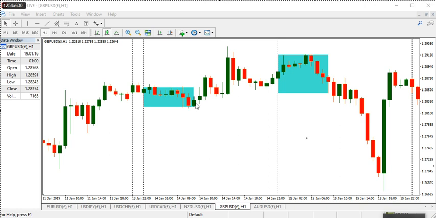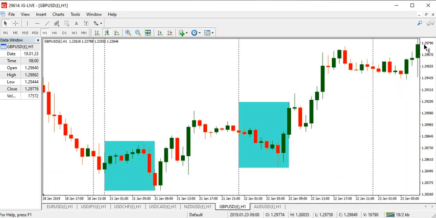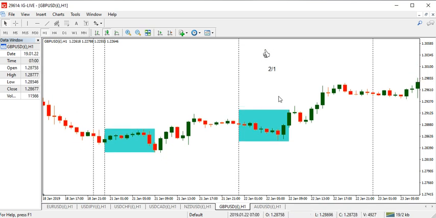because we had our box and then price went upwards. Then entered this box. If it then continued on out upwards, and we got a candle close in that direction above that box, that would be a qualifying trade. But we found that price went upwards and then reversed back downwards, so that doesn't qualify as a trade. Now over here, this does in fact qualify as a trade, and was a 2-to-1 winner, because what we had here,